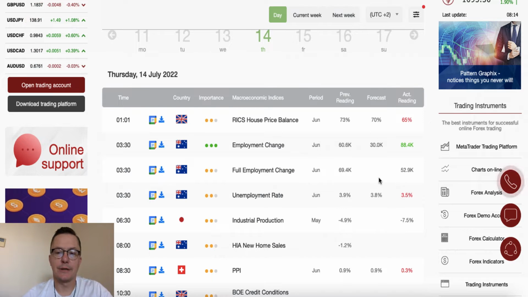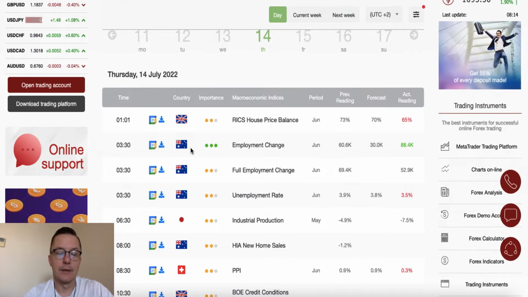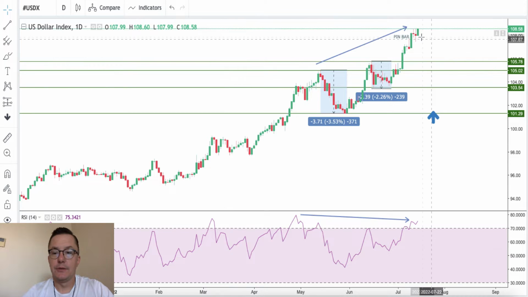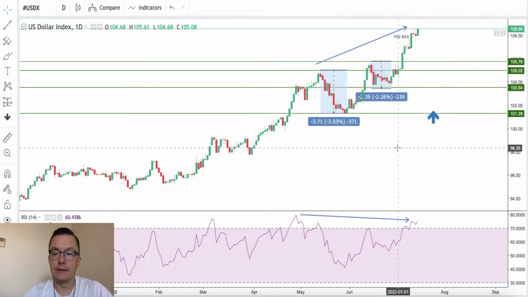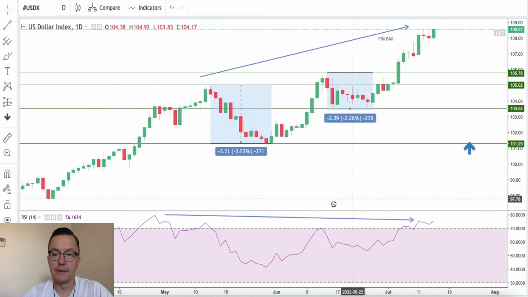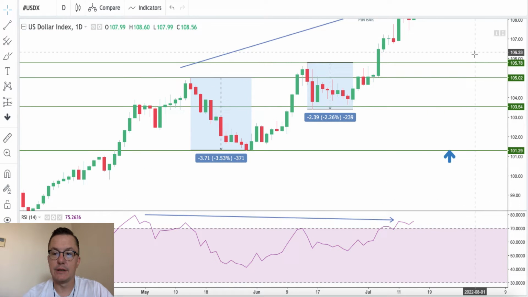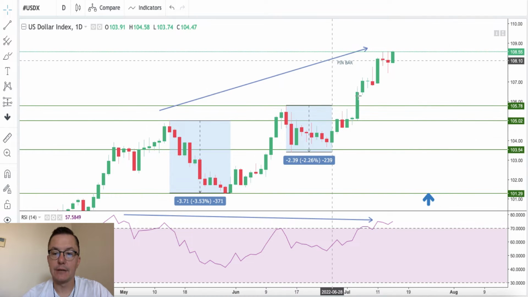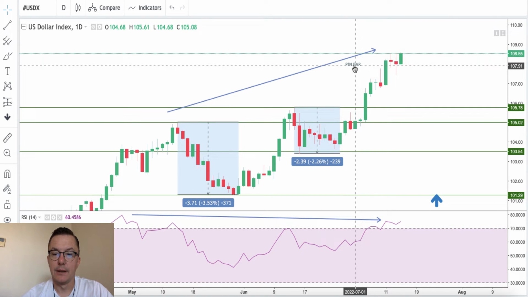So we should start the technical part from the data published already, which are data from Australia, and then we go to the US dollar and the other market related pairs. Let's start with the US dollar, because we got here kind of an invalidation of the recent pattern. If we zoom in, we can clearly see that we got this pin bar here, this pin bar,